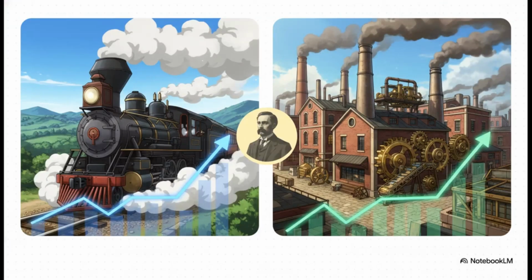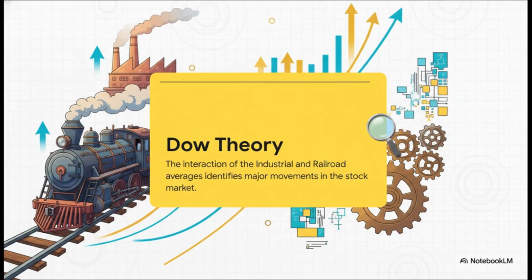Now, here's what's so brilliant. To measure the health of the economy, Dow didn't just look at one number. He created two different averages, one for railroads, which were like the big tech of their day, and another for all the new up-and-coming industrial companies. His theory was simple but powerful. He believed that for a real, healthy bull market to be happening, both of those averages had to be moving up together. It just makes sense, right? The industrials make the goods and the railroads ship them. You can't really have a sustainable trend in one without the other. And that core idea, that concept of confirmation, is something traders still argue about and use to this day.